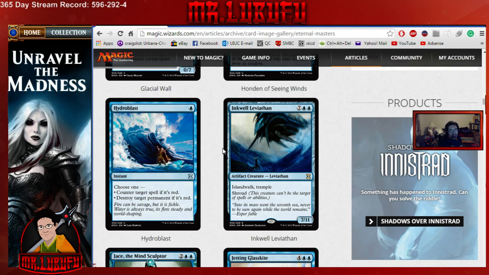Now, Inkwell Leviathan. It is one of those cards that if you have it in play, they are most likely just straight up dead. There are a few ways to cheat this card into play, though. There's not that many. Basically, the blue-black reanimate strategy that exists